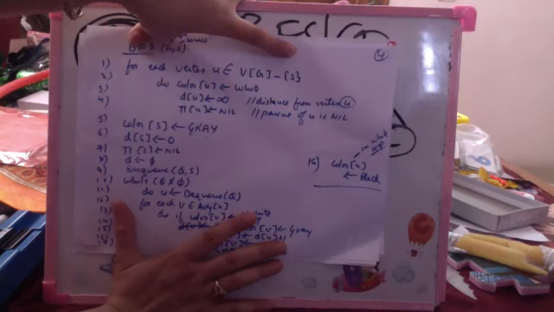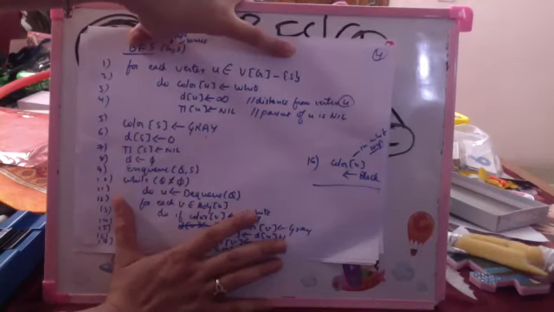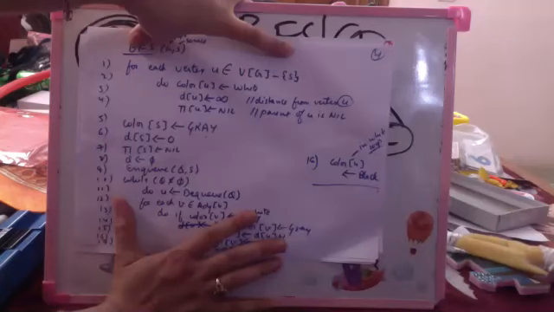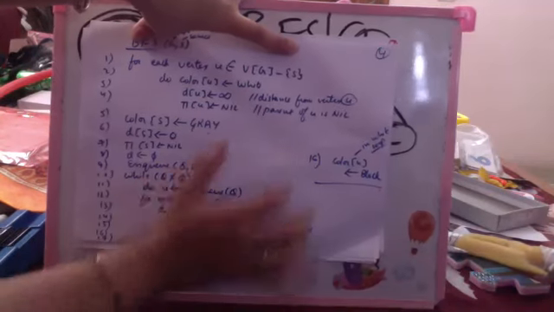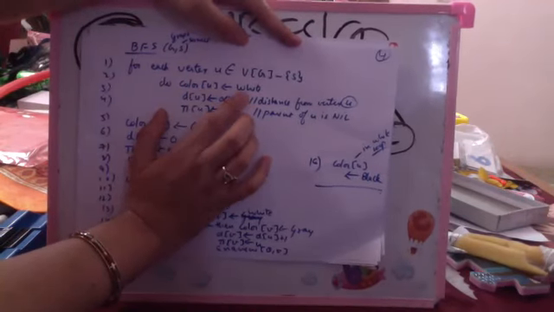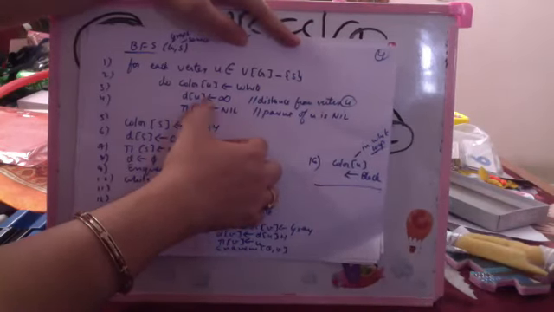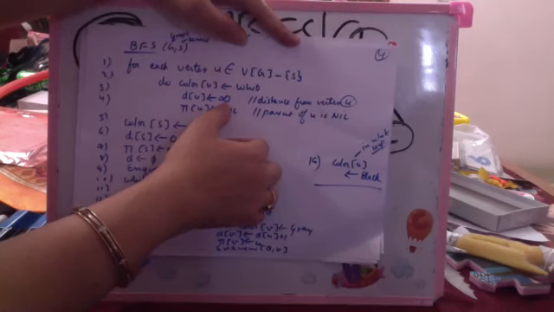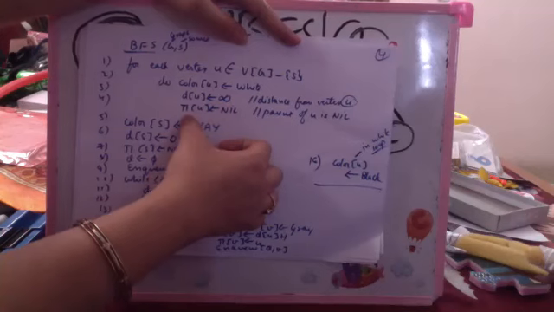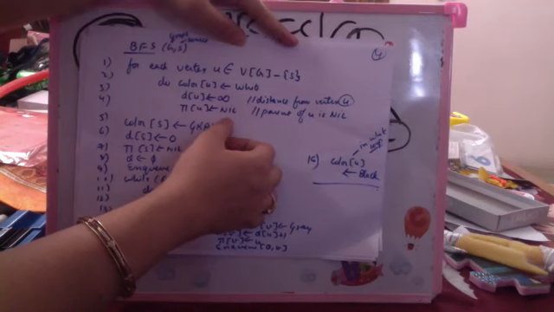I'm again saying I'm coloring the nodes white, black and gray. White nodes are unvisited nodes. Gray nodes are the nodes whose adjacency list is currently being checked. They are in the queue. Black nodes are the nodes which have been visited and they are out of the queue now. So for all the nodes other than the source, I color them white. And I calculate their distance or path from the source. Initially, the distance is infinite because I do not know the distance. And the parent of the current node is null because I do not know from where I am reaching that path. Is that clear?